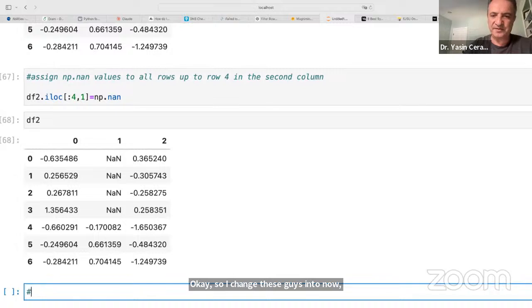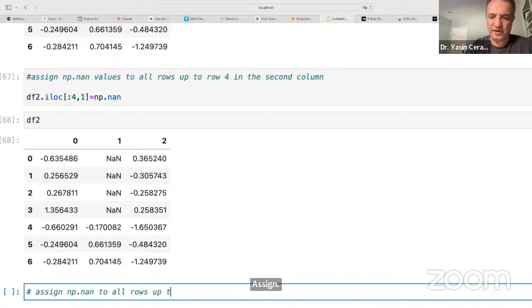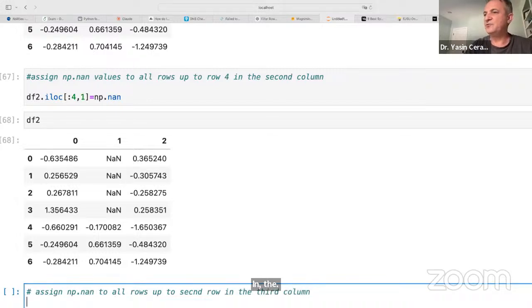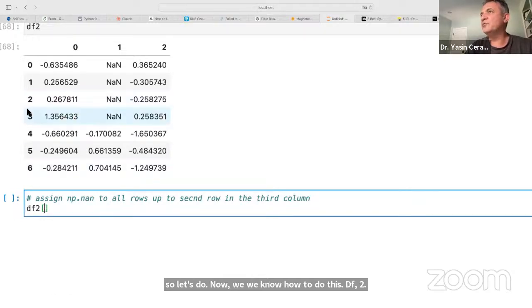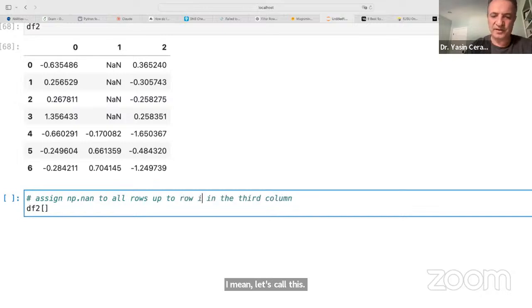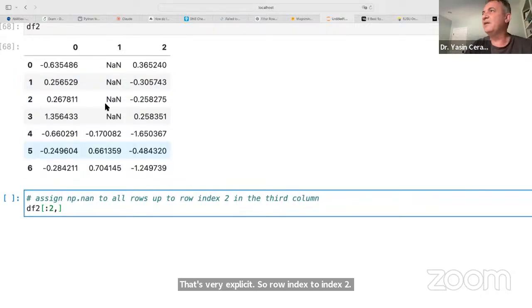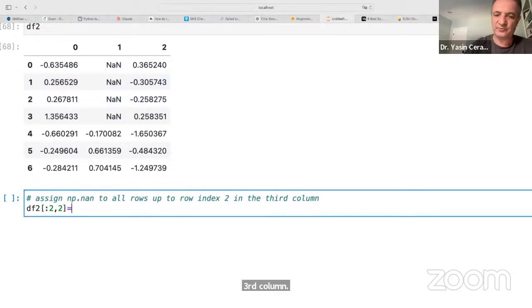So the next question is to assign, again, NP.NaN to all rows up to the second row in the 3rd column. Okay, now we know how to do this, df2, right? All rows up to the second row. Let's call this row index 2, so that's very explicit. So up to index 2, comma, third column, index 2. Equals,